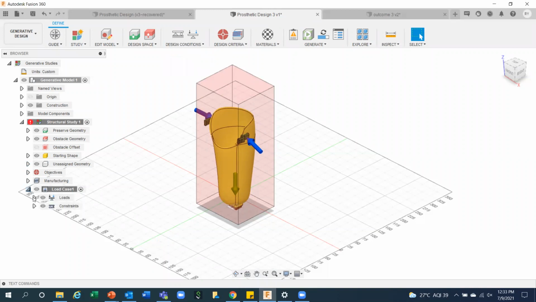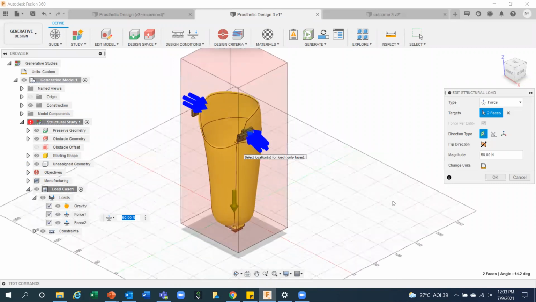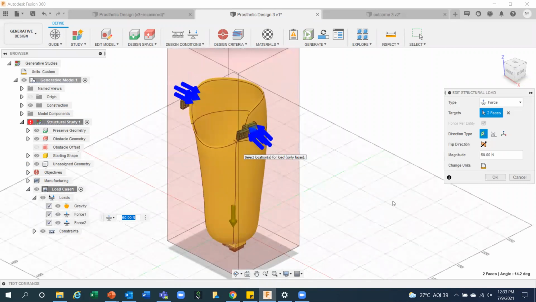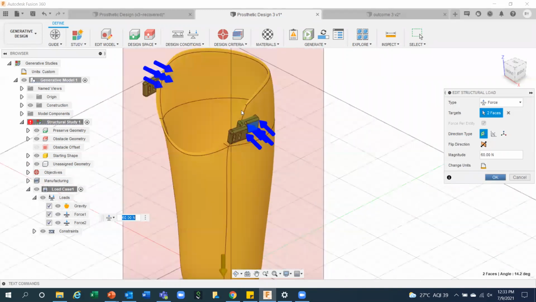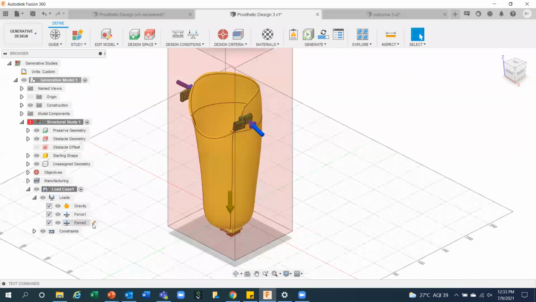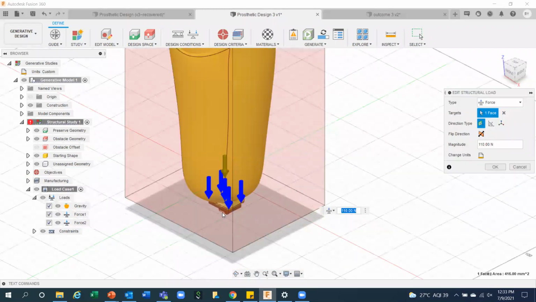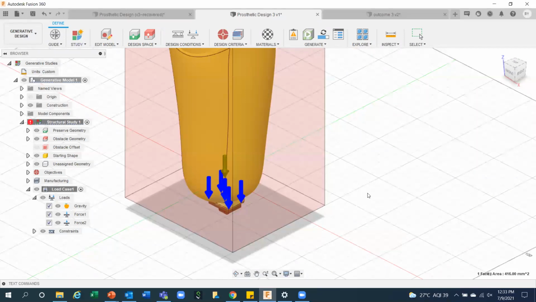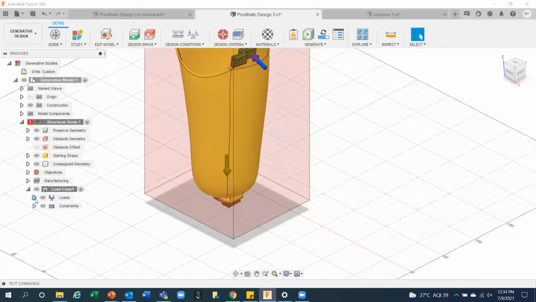See load cases. This is the force 1, which I applied on the hooks because we are going to tighten the ribbon or leather belt, whatever it is. And then this is the force 2, which is the overall weight of the leg or patient leg when he is moving using this prosthetic. So I've also applied some load at the bottom. So you need to apply these loads also, right?